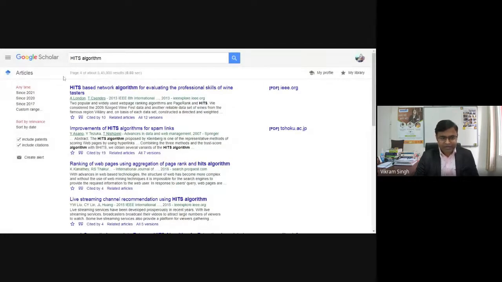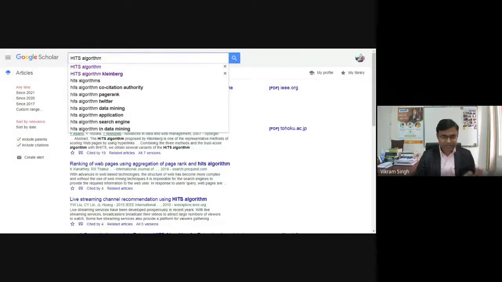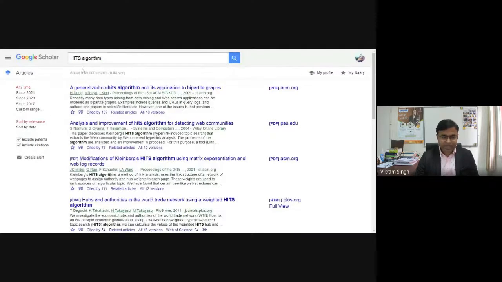So if you can see carefully, if I raise a simple question for a certain query which is a correct query, I'm not saying this is an incorrect query, we have typed it in its correct form, HITS algorithm. So if I perform this search on this query, HITS algorithm, you can see here, different research articles